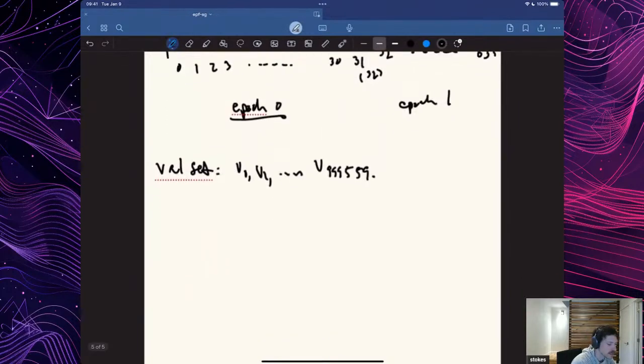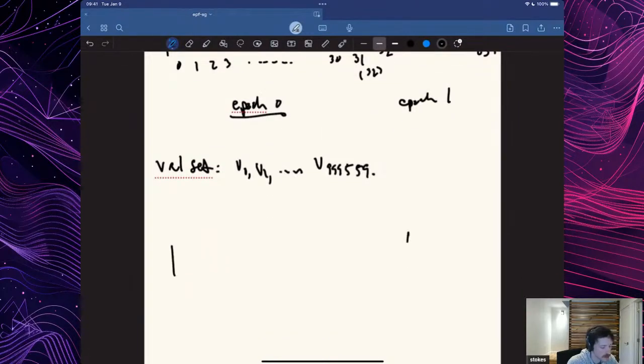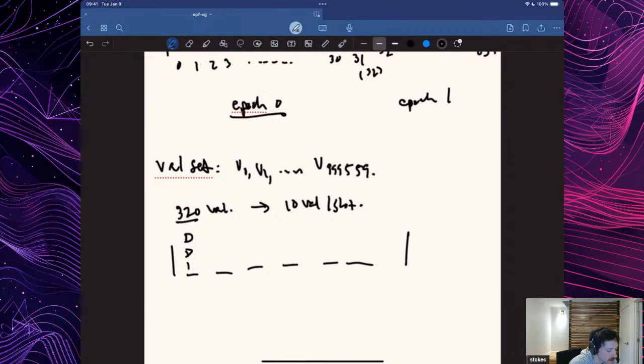What that would look like is that for a given epoch, here are our slots in the epoch. Maybe I'll try to make this a little bit easier. So there's 32 slots. Let's just say there's 320 validators. If there's 32 slots, that's something like 10 validators per slot, right? And the idea is that the 10 validators out of the entire set, which is now 320, you're going to randomly shuffle them and put 10 validators in each slot.